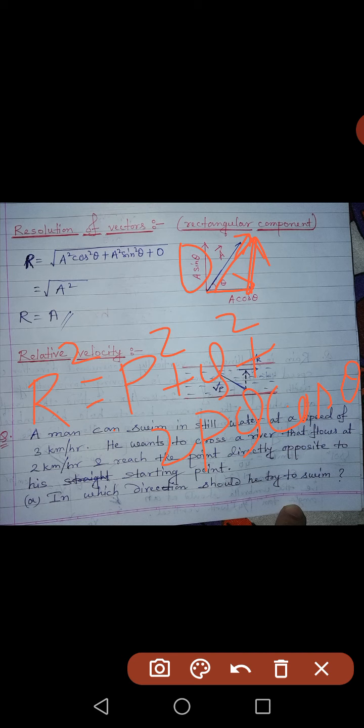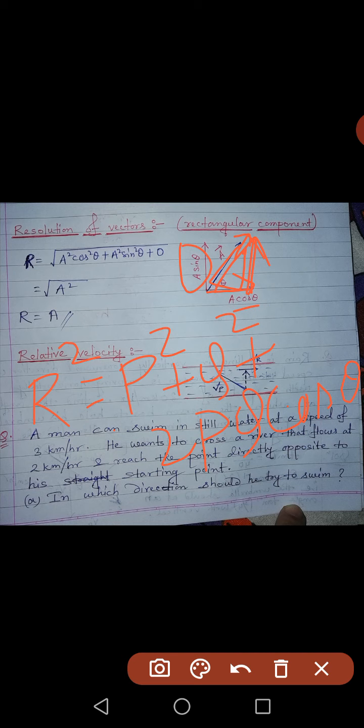Okay, this formula we got. In this particular case, if this is a triangle, then which one is p here? Suppose a cos theta is p and a sin theta, the perpendicular component, is q. And what is the angle between p and q? From the figure it is clear. What is the angle between a sin theta and a cos theta?